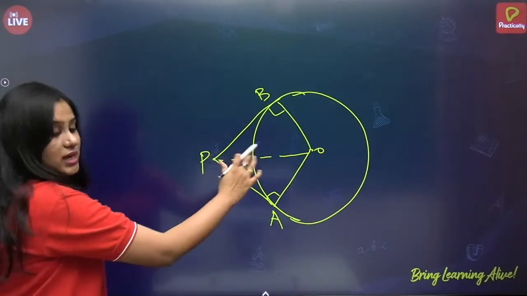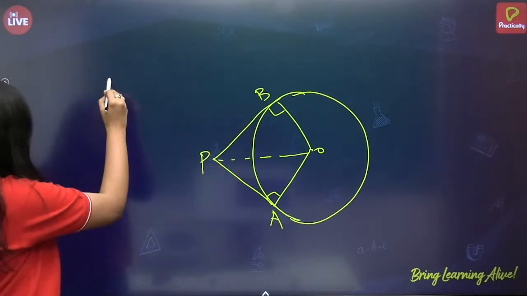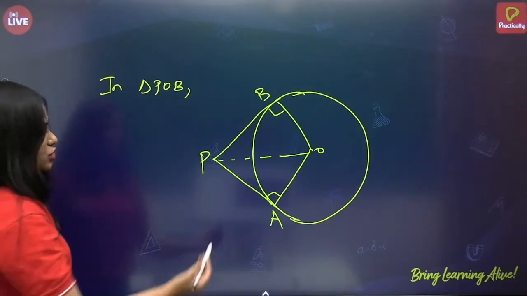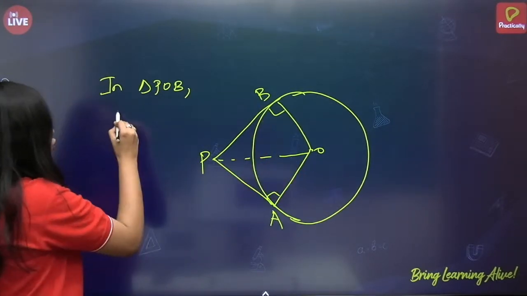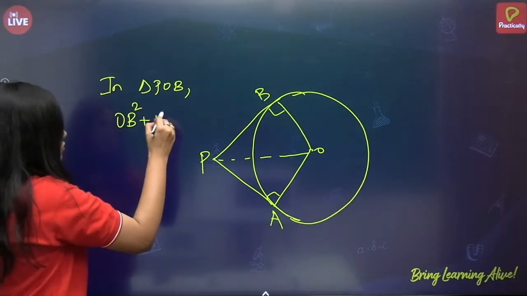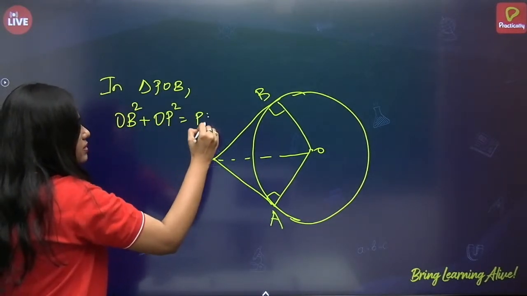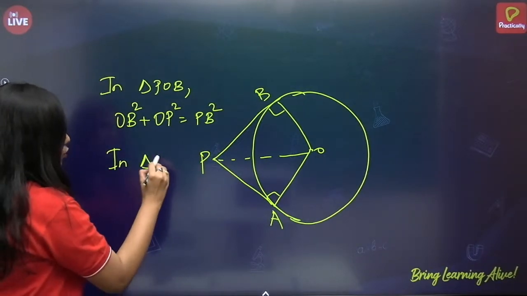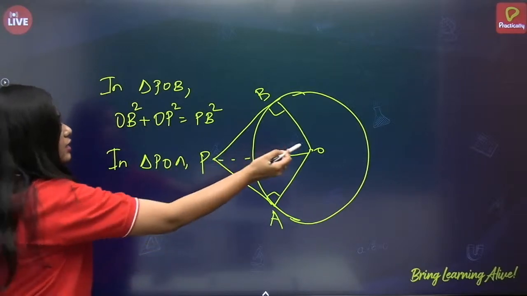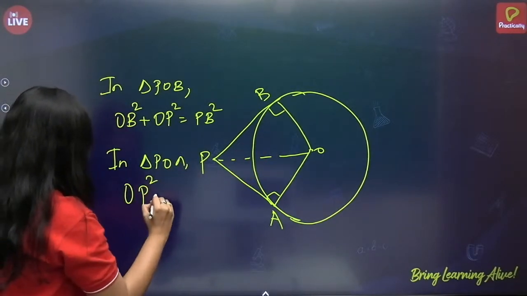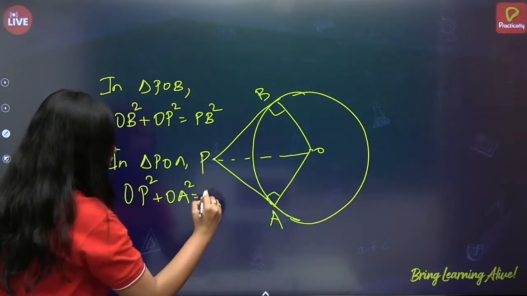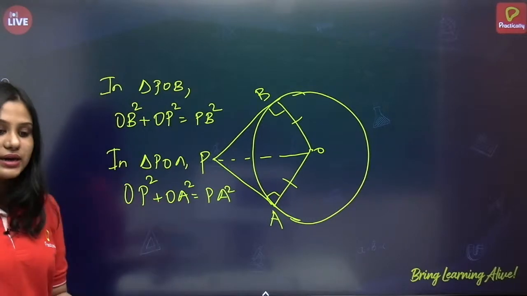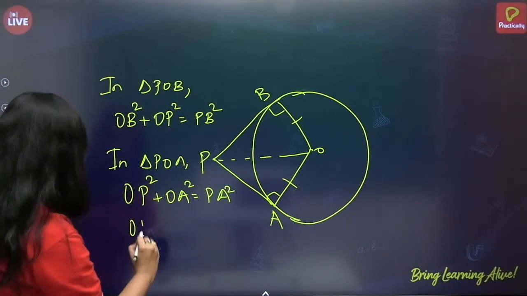Right? So, let us take one triangle, okay? In triangle POB, by RHS, I can tell that OB square plus OP square is equals to PB square, correct? Next, in triangle POA, I can again tell that OP square plus OA square is equals to PA square. But I know that OA is equals to OB. Why? Radius. So, just substitute, I can tell that OP square